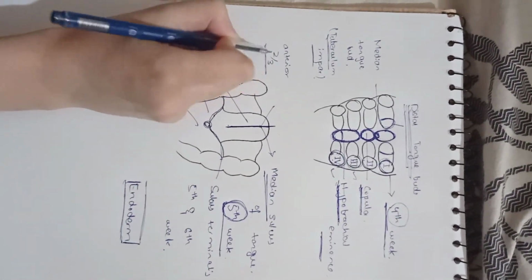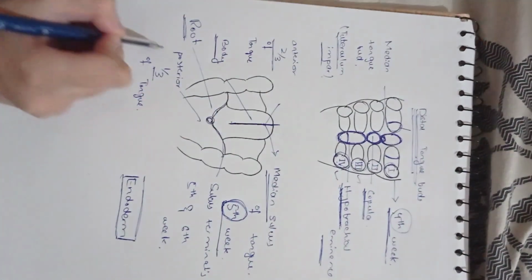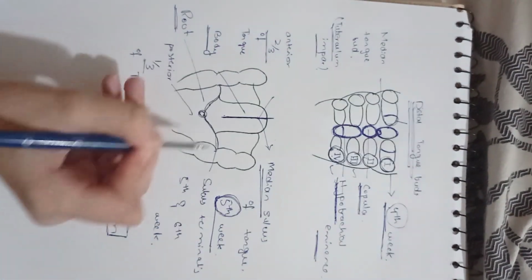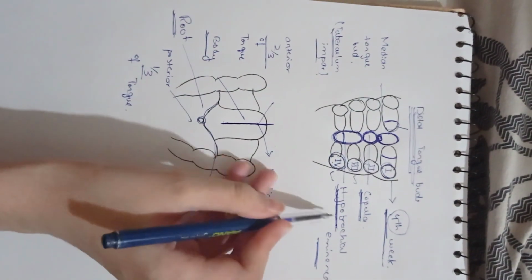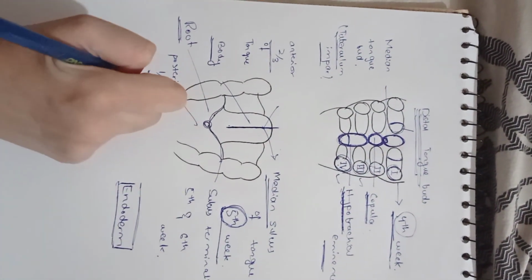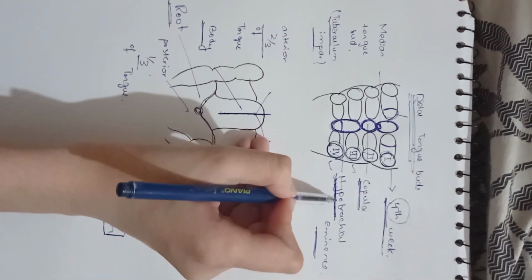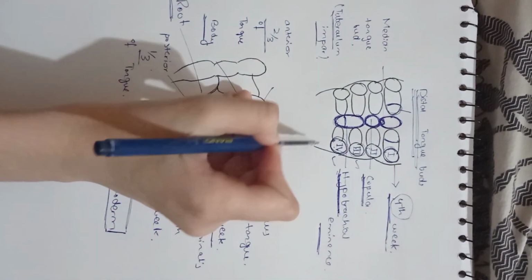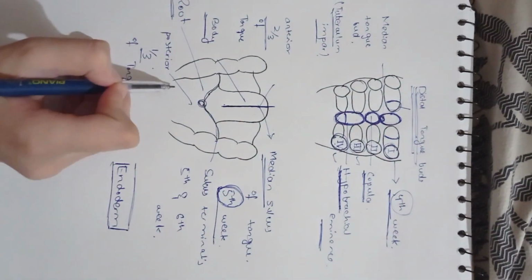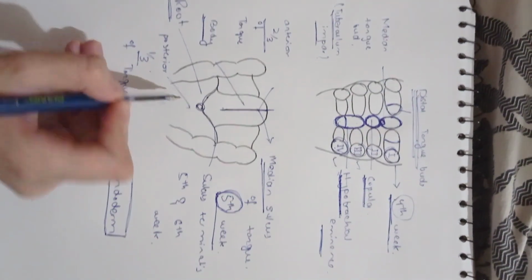The anterior 2/3 or body of tongue is formed by the first pair of pharyngeal arches. The second pharyngeal arch doesn't contribute to the formation of the adult tongue. The hypobranchial eminence contributes to the formation of the posterior 1/3, and it mainly enlarges by the growth of the mesoderm of the third pharyngeal arch. The fourth pharyngeal arch contributes less. It contributes only to the posterior most part of the root of the tongue.